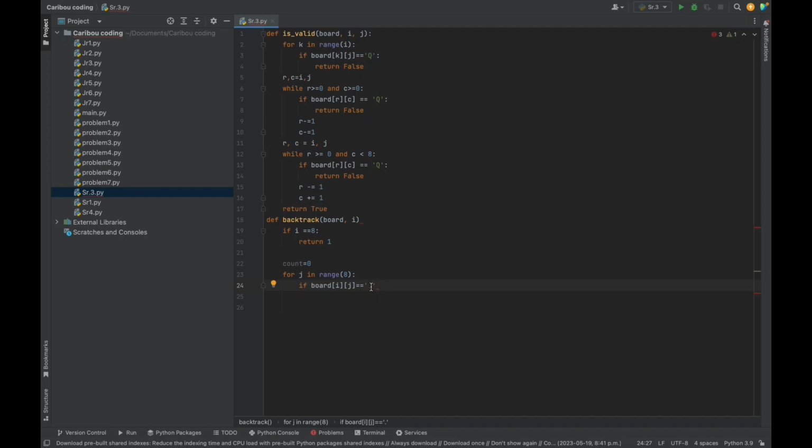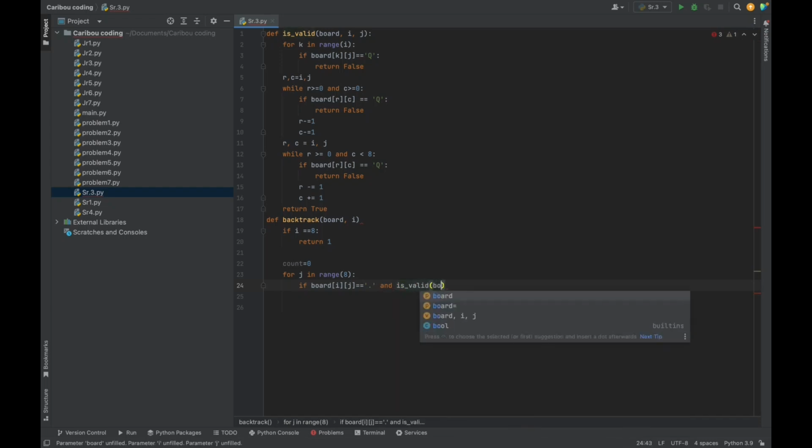So in the board, the dots mean a safe place and a star means a place where a queen cannot be placed. So if it's a place where a queen can be placed and is valid, which just means that there's no queen targeting it, then